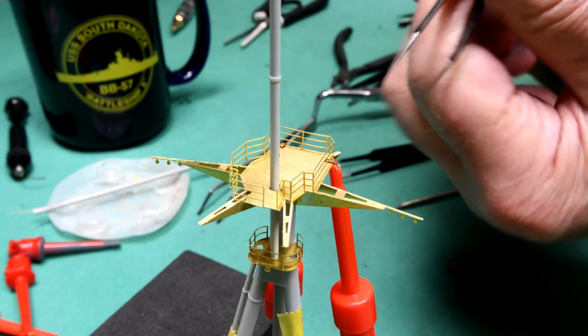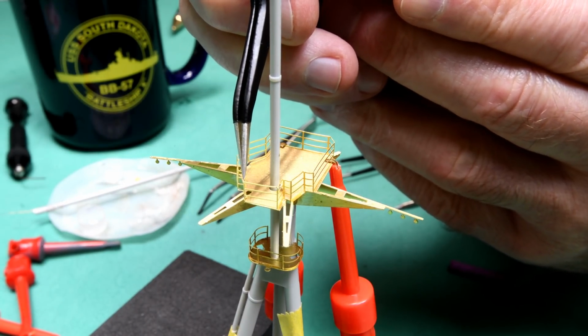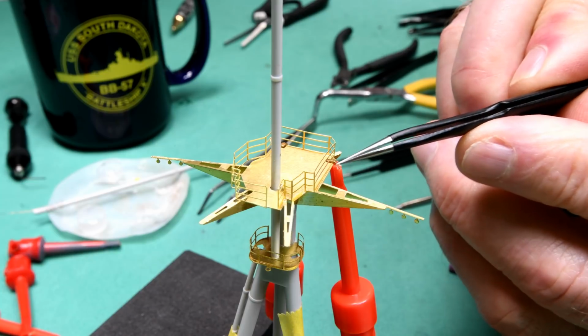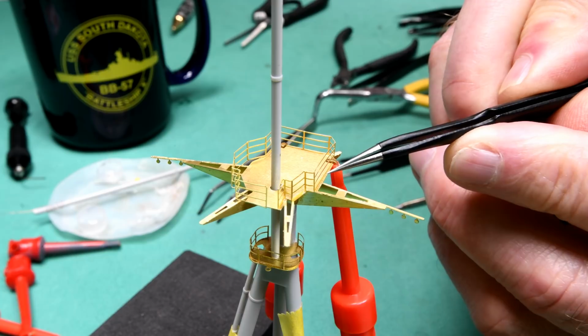Alright, now, does this look like it's going to come around eventually? Yeah, I think we can probably get that into shape. Well, let's put a little bit of CA thin. Oh, speaking of CA thin,